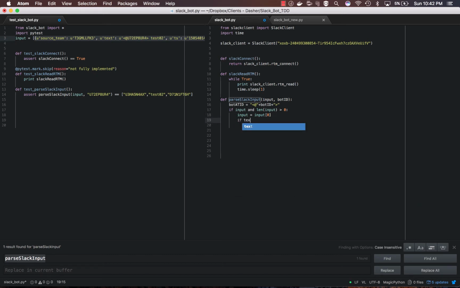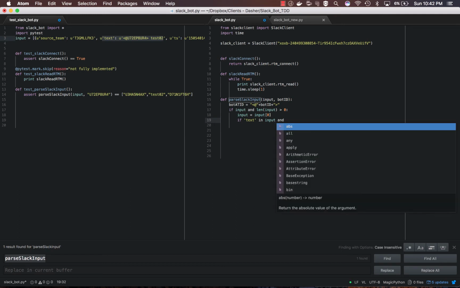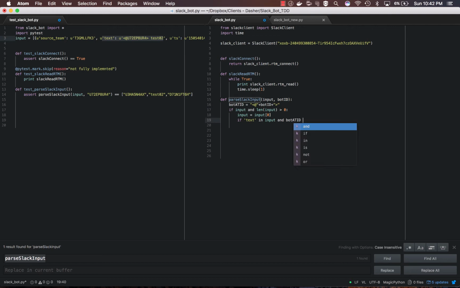and then we'll say if text in input. So if this value exists and bot ID in input text, then do something, which means someone has actually typed something in and there is a message, do something. And what that's doing is assigning the user, which is just input user, assigning the message, which is input text,